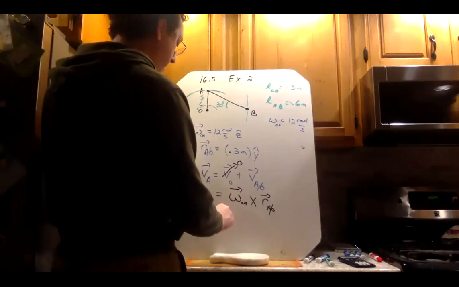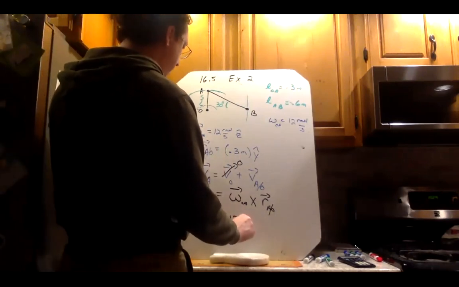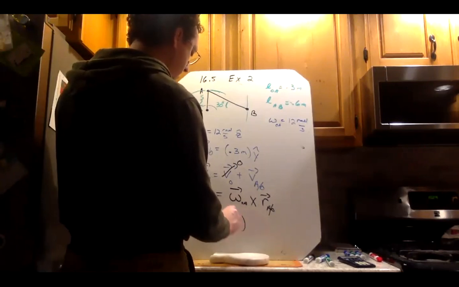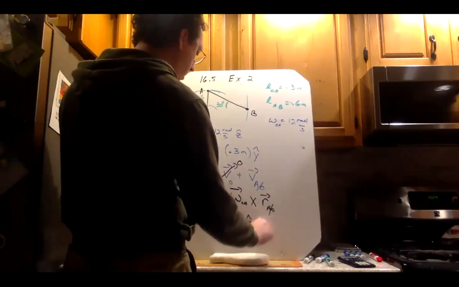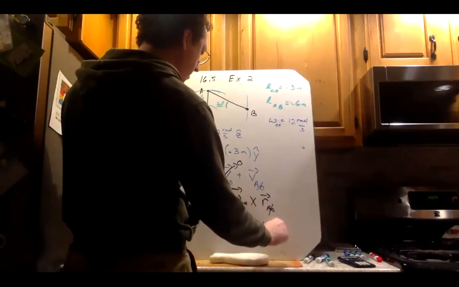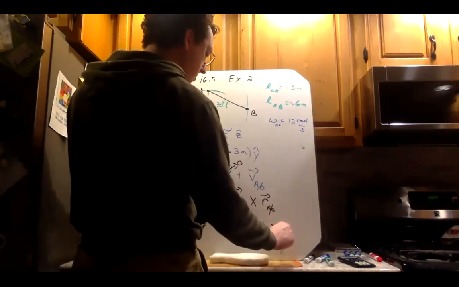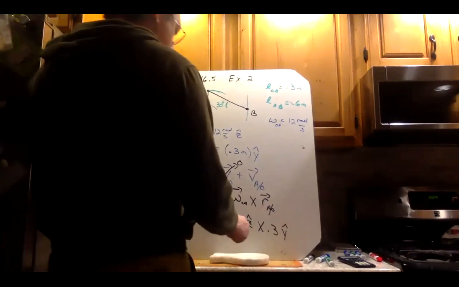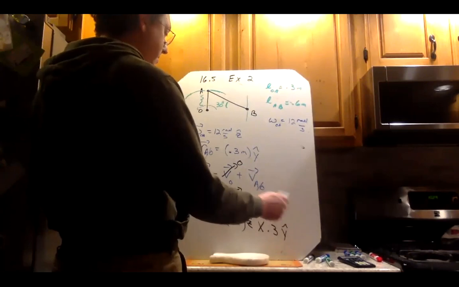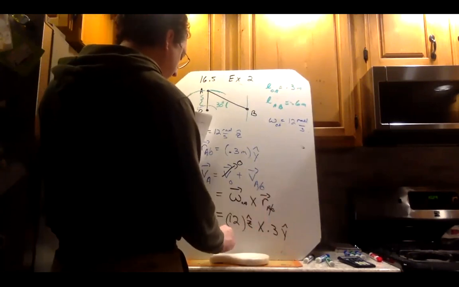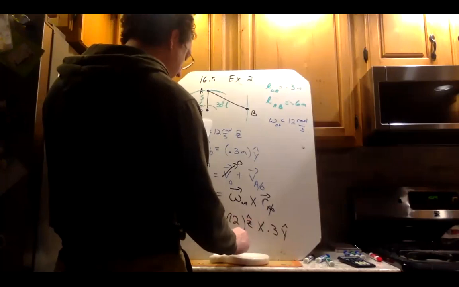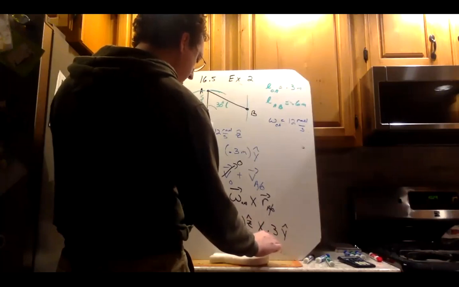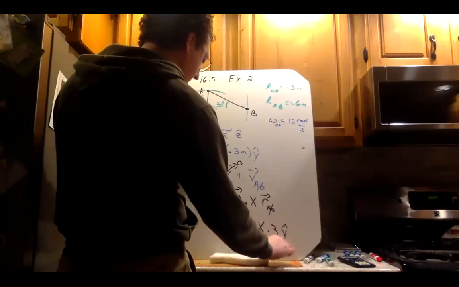And we just wrote those vectors out. That's 12 radians per second z hat cross 0.3 meters y hat, okay? And z hat cross y hat is a negative x hat, so we find that this velocity vector is, typing in the numbers, negative 3.6 meters per second x hat,